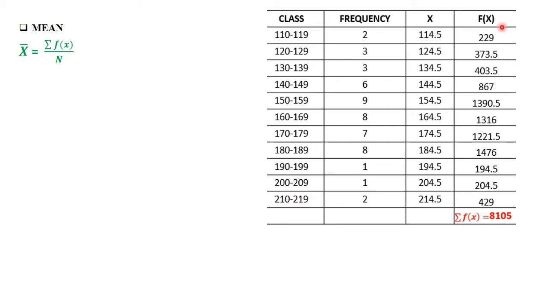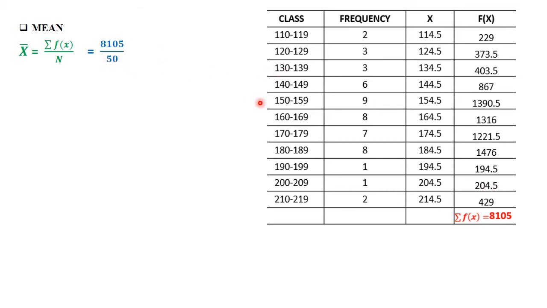Again, we need to have an f of x, which is the frequencies times the respective midpoints. So 2 times 114.5, it will be 229. 3 times 124.5 is 373.5. 3 times 134.5 is 403.5, and all the way. 2 times 214.5 will be 429, and again you add that, and the mean will be